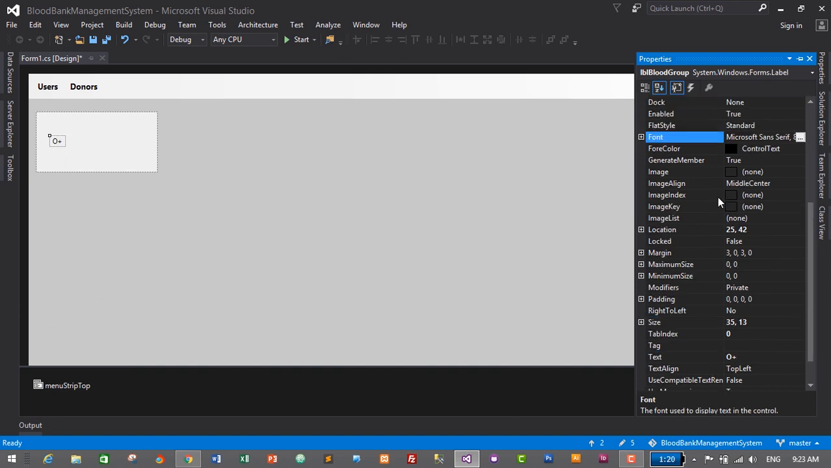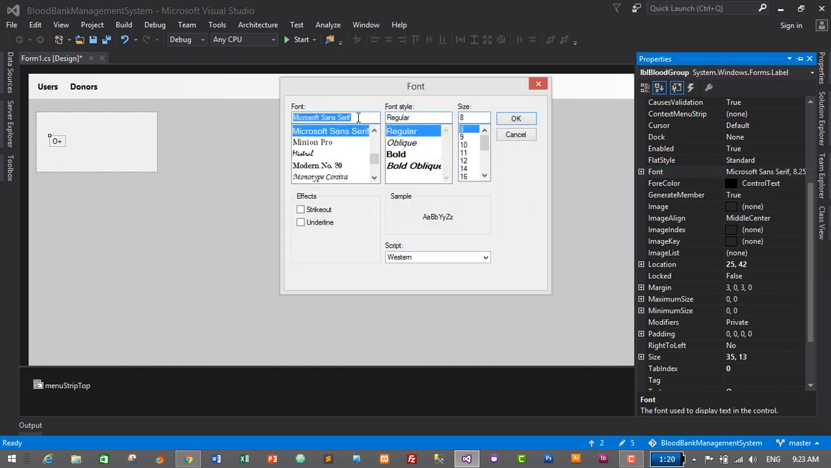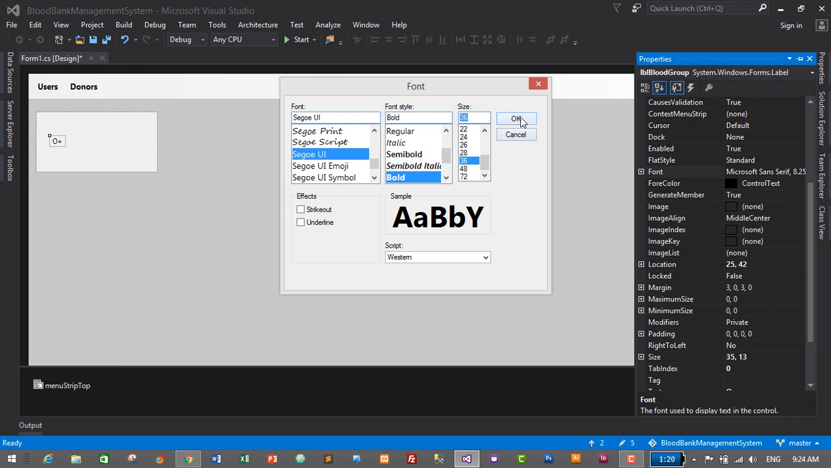And I want to make its font size a little bit bigger, so go to the font properties and click on the 3-dot icon and change its font name from Microsoft Sans Serif to Segoe UI. We will be using Segoe UI font in most of the places in our application, so select Segoe UI, and its font style will be bold and its font size will be 36. It will be a little bit much bigger,